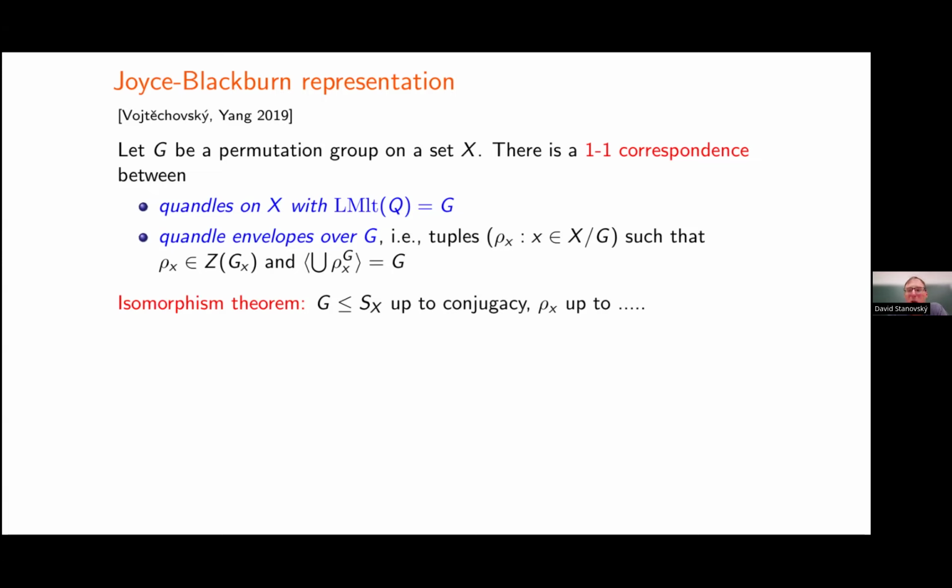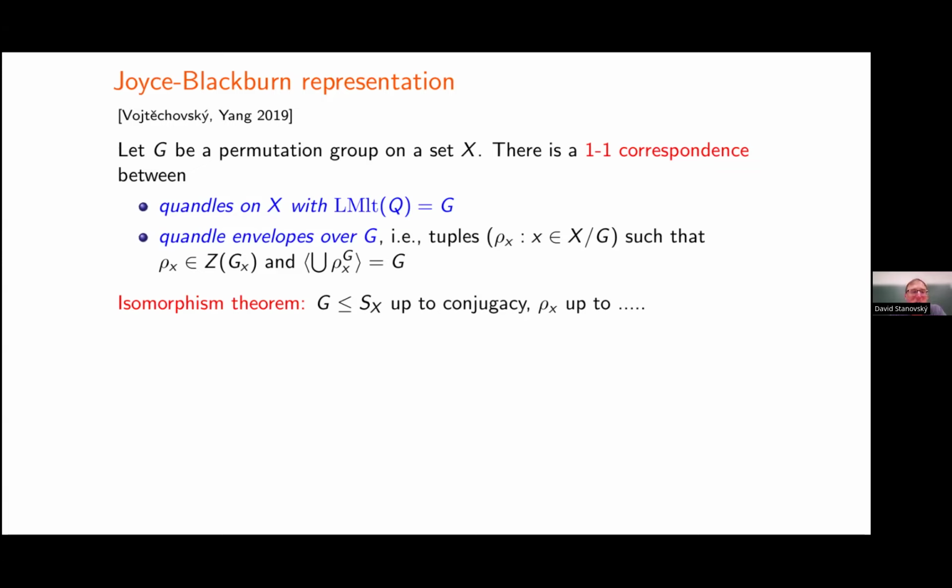There is a one-one correspondence between quandles on a given set with a given multiplication group. So you fix a set, for instance, the set of numbers 1 up to 10. You fix a group G on X, and we are interested in all quandles on that set that have the multiplication group equal to that group, right? And there's a one-one correspondence to certain configurations of elements